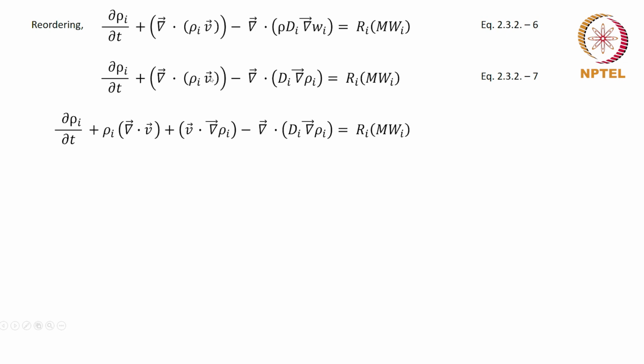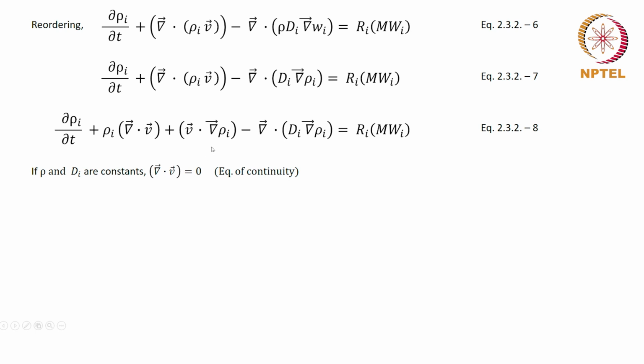and now I am expanding. This is the product of two functions, as I mentioned earlier. Therefore, the derivative would be the first function, rho_i, times the derivative of the second function, plus the second function, v, times the derivative of the first function. Okay, I have essentially split this up. The rest remain the same.